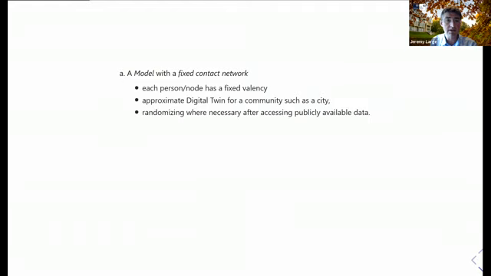So as I said, we began from a model with a fixed contact network. We were all living with a narrowed life, with very little ephemeral contact in our lives. And that's a world in which people can easily indicate how many people they come into contact with a day. And of course, that was a number that varied enormously.